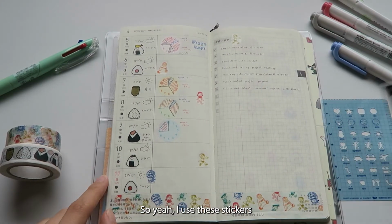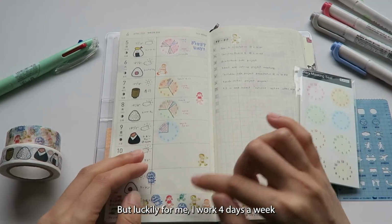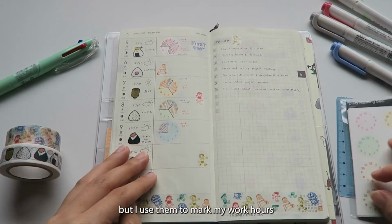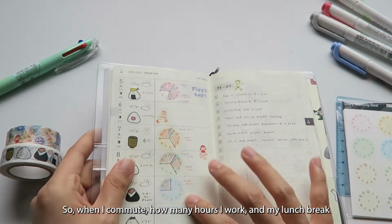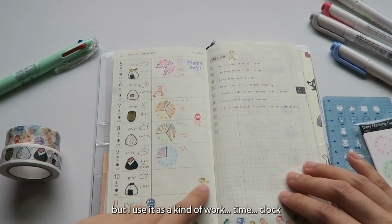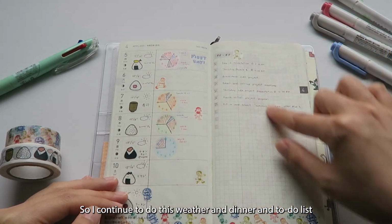So I use these stickers. I will recommend these, but it's strange that they only come in sets of 4. But luckily for me, I work 4 days a week, so it works for me. But if you have more days, then you will need to mix them up. I use them to mark my work hours, so when I commute, how many hours I work, and my lunch break. In the back here, they also say you could use it as a clock as well, but I use it as a kind of work time clock. Yes, but so I continue to do this weather and dinner and to-do list,